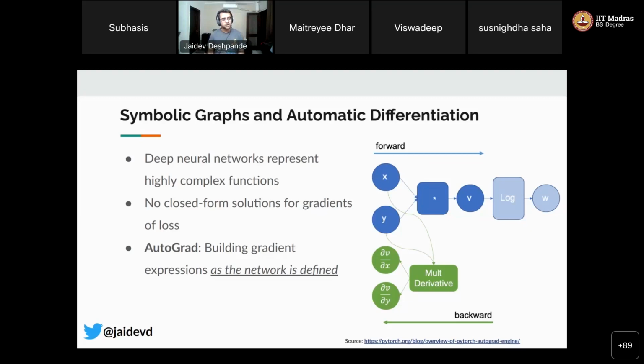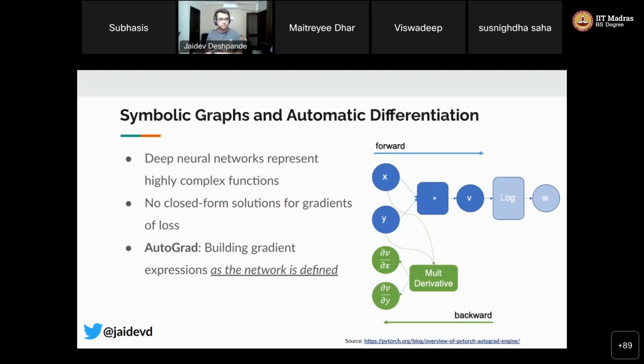But then again, doing that on paper is difficult, because these are networks, and you'll see nowadays that there are neural networks coming up with billions of parameters, not just one. So you essentially have to have a billion gradient descent equations, each of which is solving for one particular optimal value of one particular parameter, and so on, right? So that is where this concept of autograd comes from, autograd or automatic differentiation, or automatic gradient computations, essentially. What they do is